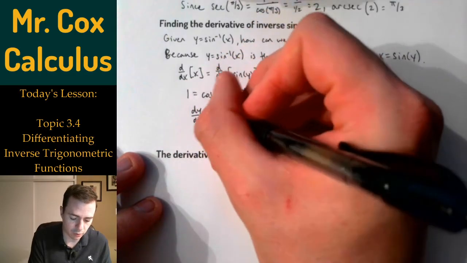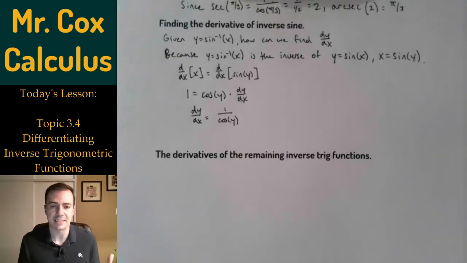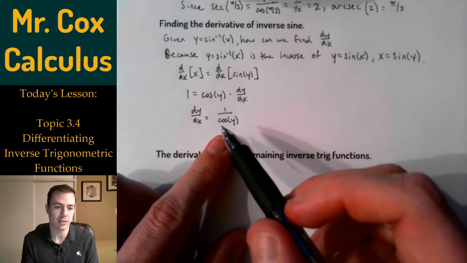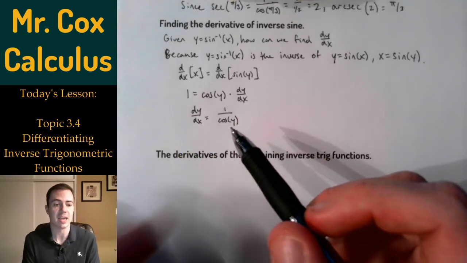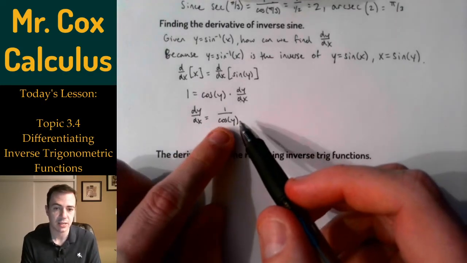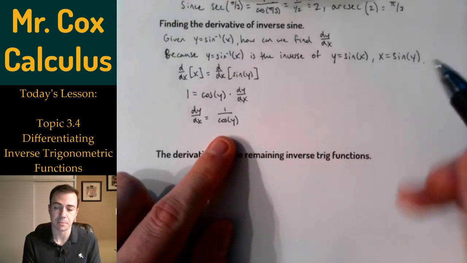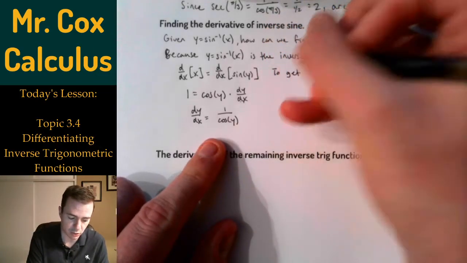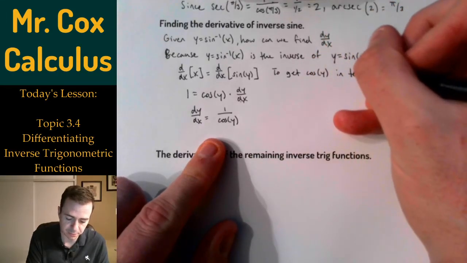It's 1 over the cosine of y. Now before you go off and say that's the secant of y, I'm actually going to pause you right there. This is in terms of y. I would really like to express the derivative in terms of x. So let's see if we can use some of our understanding of trig to get the cosine of y to instead be a function of x. Just to express what we're trying to do here: to get the cosine of y in terms of x,